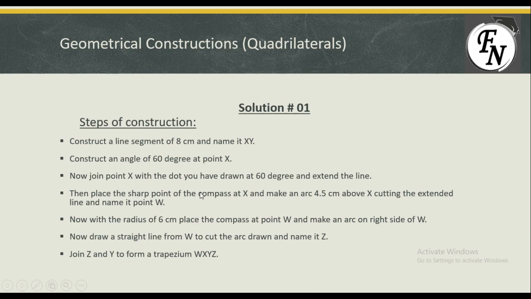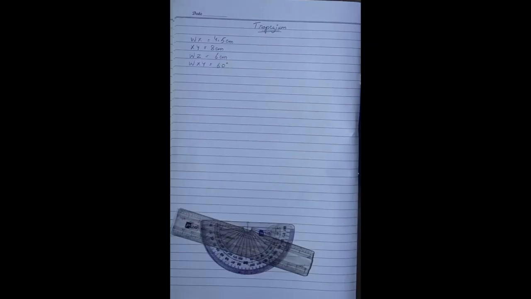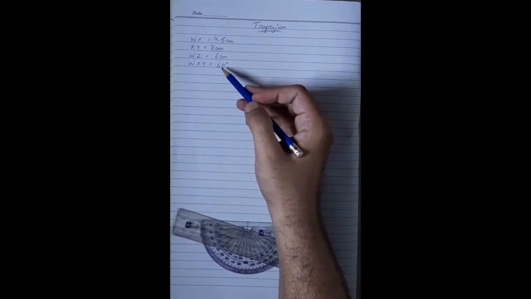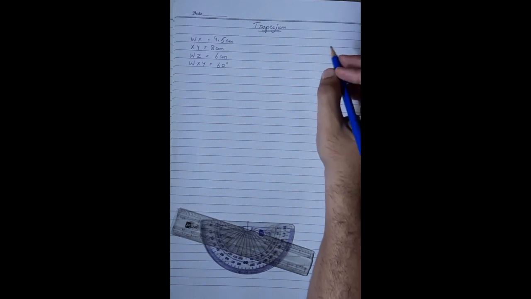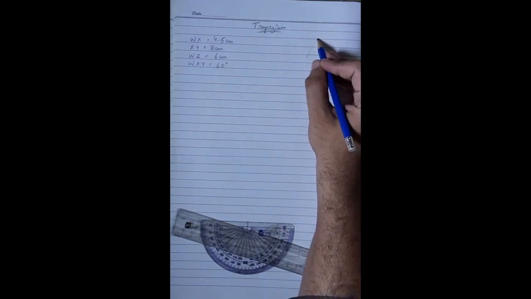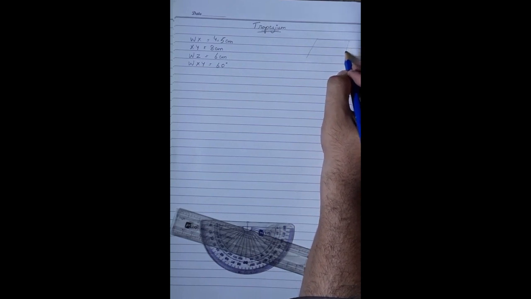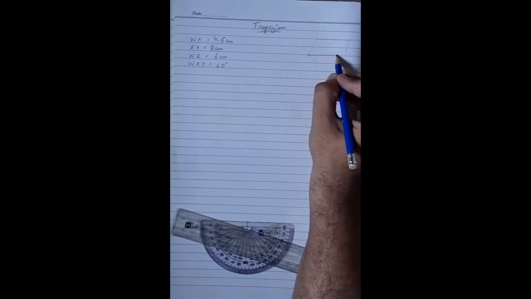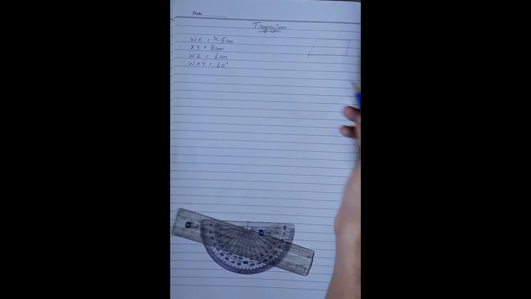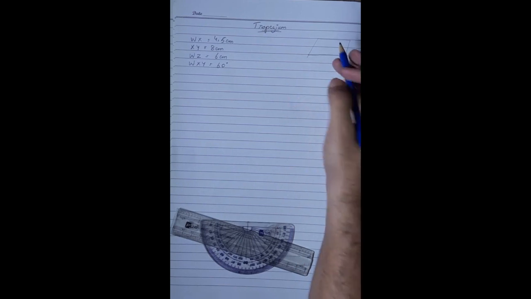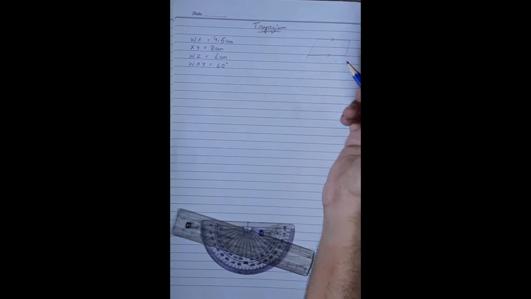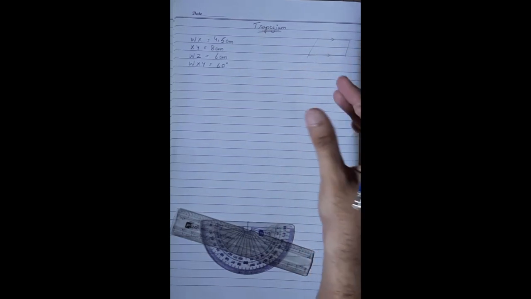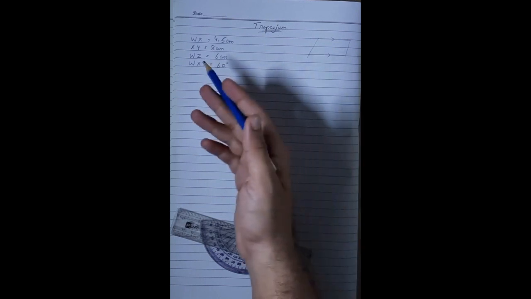So looking at these steps of construction, a piece of paper will make these points clearer. So now look at it. Now we will draw the trapezium. We have these lengths and angle given. So let's first draw a tentative trapezium to understand which dimensions are of the sides and which are the diagonals. So this is a tentative trapezium which has two parallel sides, and obviously it is not of the same dimensions, but it is just for understanding of the sides.